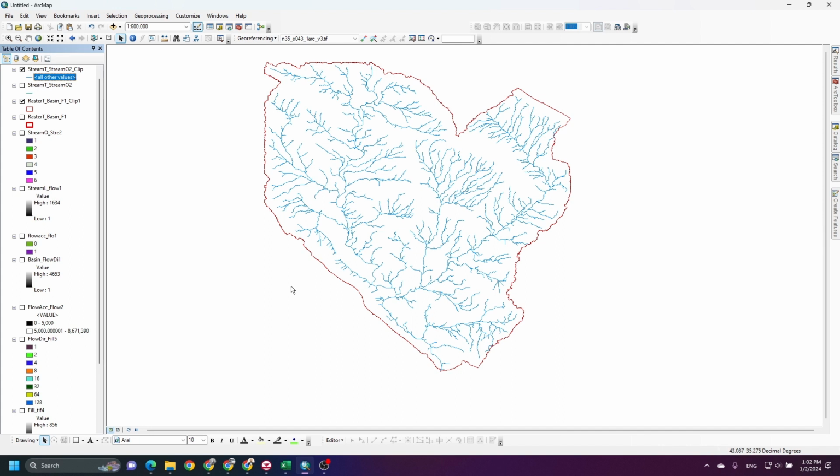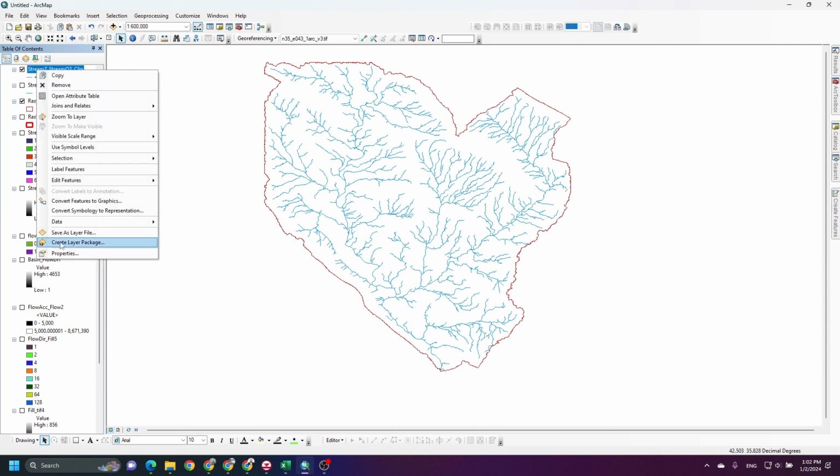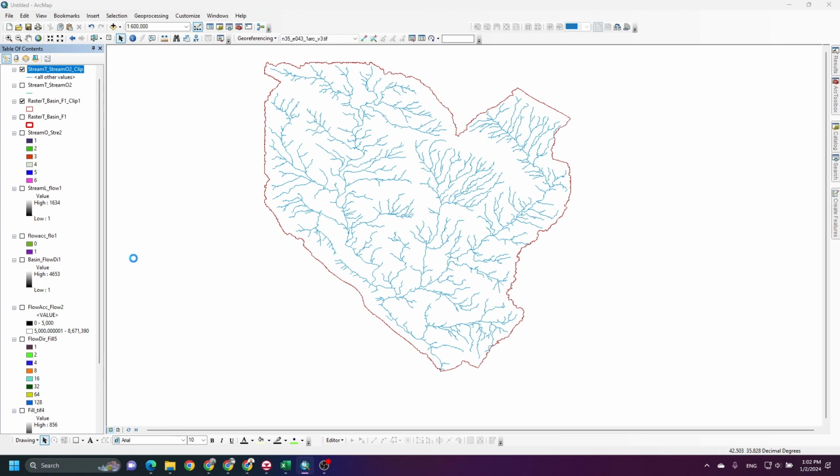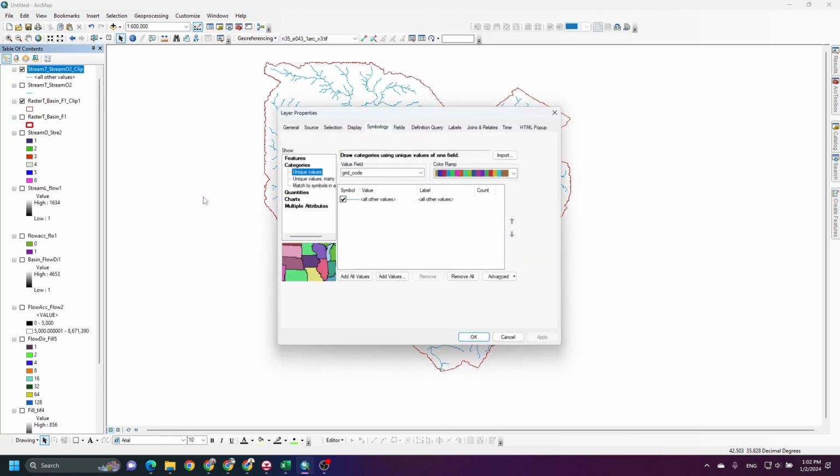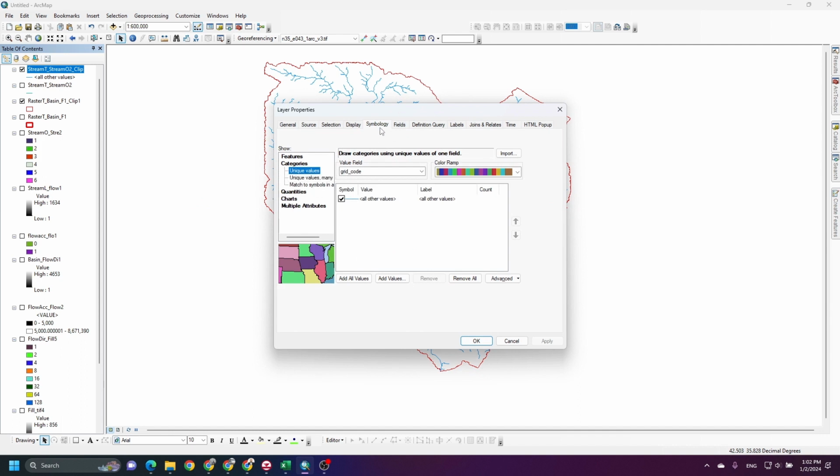As I uploaded in the previous video, which is how to extract the stream order, we already did the steps, which are stream link and stream order. And what we need now, we can just go to the properties, go to symbology and categories, and here we have the field grid code, which is for stream order, and add all values.